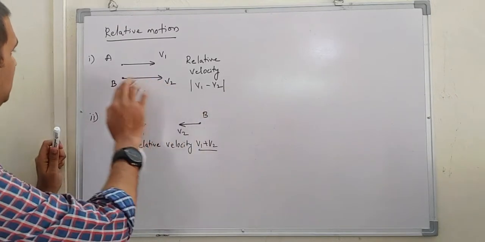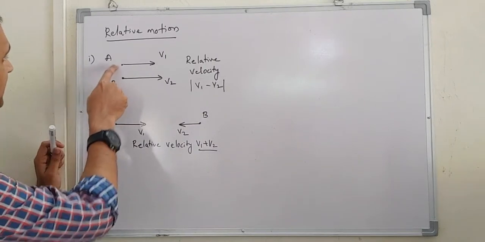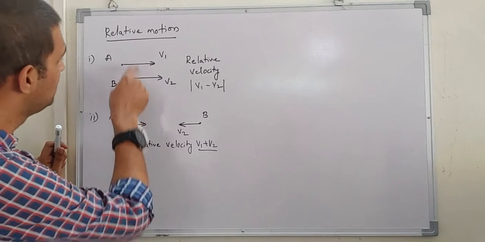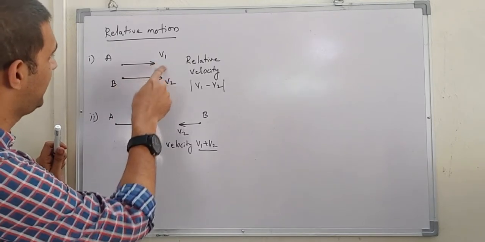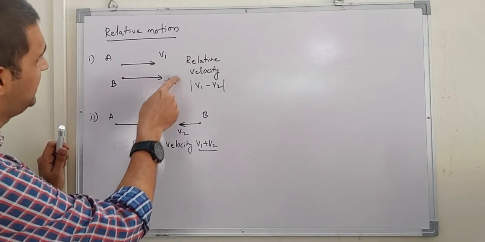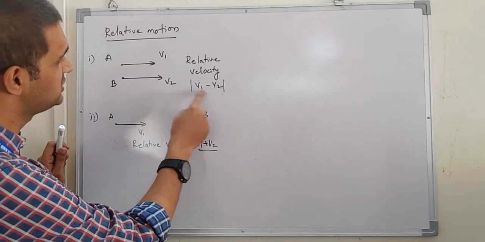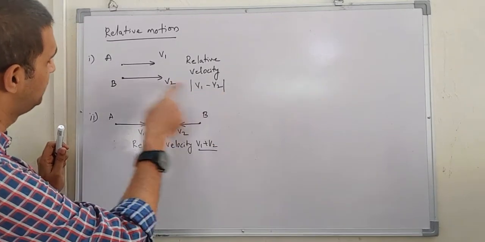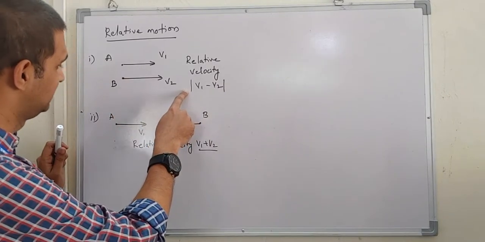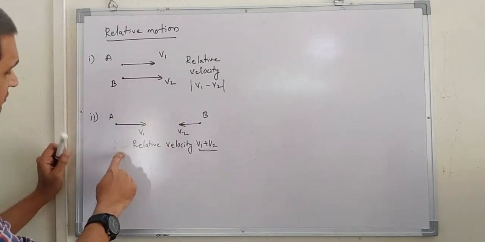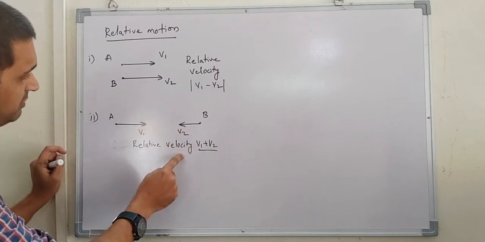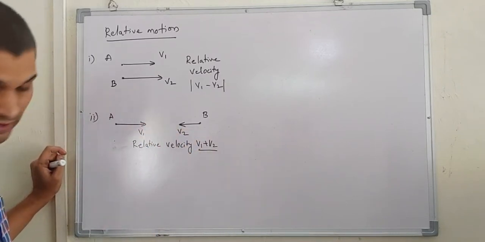So now say we'll take two cases, particle A and B, or vehicles A and B, wherein they are moving with two different velocities, V1 and V2. So in that case their relative velocity becomes what? The difference, V1 minus V2, the absolute value, when they are moving along the same direction. Now when you take particles moving in opposite directions or towards each other, their relative velocity becomes how much? V1 plus V2 meter per second.